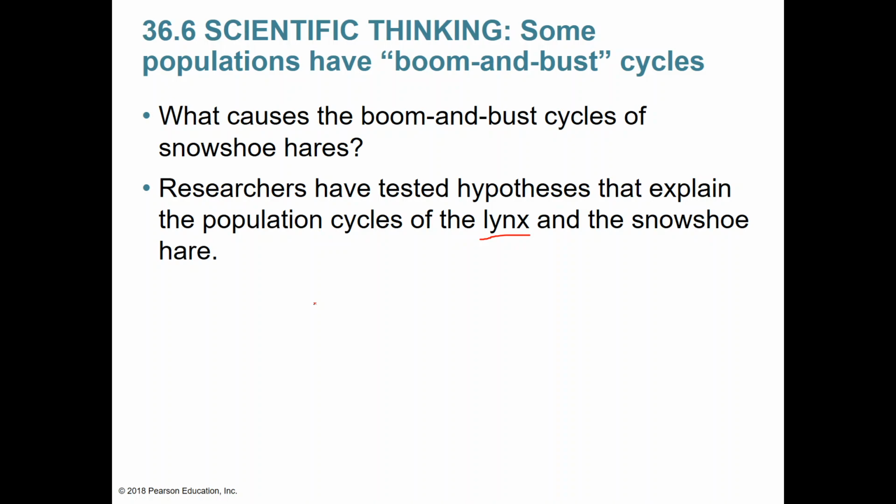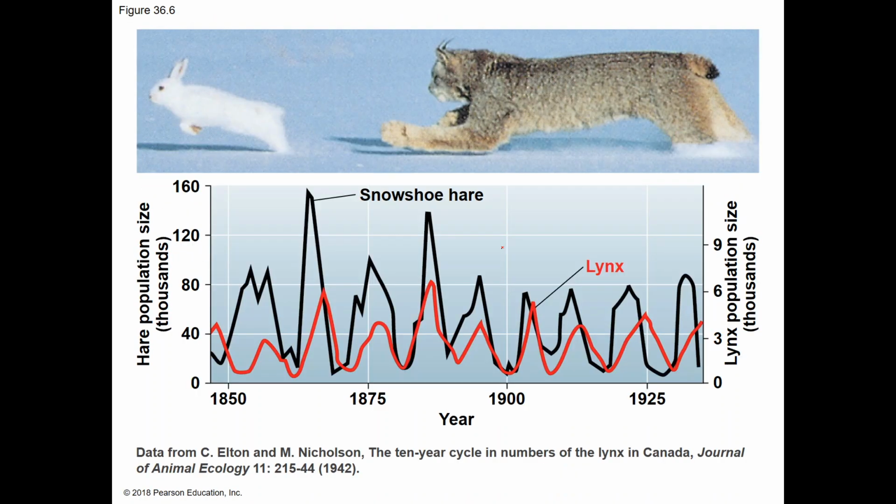They would all die over winter, and there would be a smaller population, and they'd have to rebound that population as the environment rebounded. So they wanted to test this hypothesis, and they did. What the scientists did was influence the environment by providing more winter food for the hares, and they observed test populations for over 20 years and collected data. They kept seeing this boom and bust cycle, so they concluded that their hypothesis was not supported, and that food supply alone was not responsible for the boom and bust cycle of this animal.